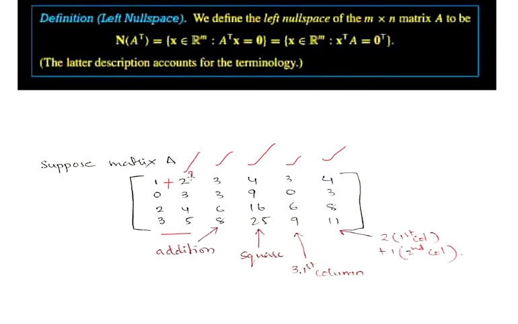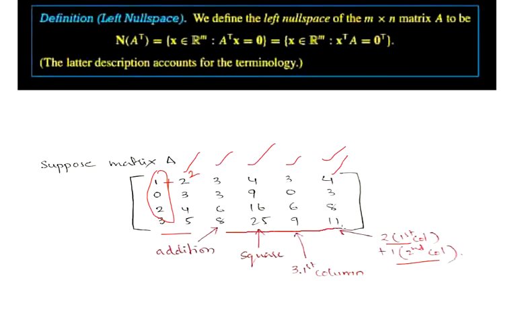It is the square of the second column: 4, 9, 16, 25. This one, 3, 0, 6, 9, is 3 times the first column, a scalar multiplication of the first column. And this is 4, 3, 8, 11. This is in the form of a times the first column plus b times the second column, meaning we are scalar multiplying and also doing the superposition addition. So this is 2 times the first column and 1 times the second column, and the addition of both. 2 into 1 is 2, plus 2, that is 4.